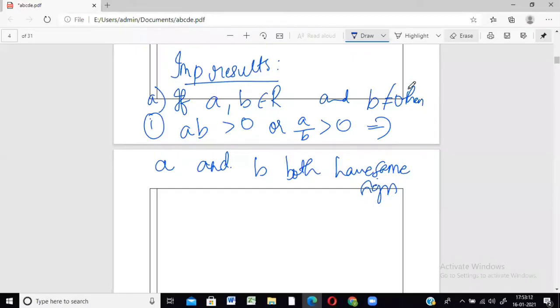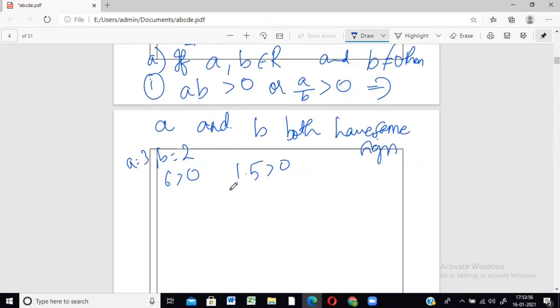Now, what does this mean? I'll just take an example and I'll make you understand. Okay, suppose A and B are two real numbers. Suppose I'll take A is 3 and B is 2. What are they telling you? ये दोनों greater than 0 है, और if you have this thing is greater than 0, मतलब A and B will always have the same sign. मतलब दोनों positive हो सकते हैं या दोनों negative हो सकते हैं. For example, if I write 3 into 2, right, A into B, that is always greater than 0, or 3 by 2, that's 1.5, which is always greater than 0. So if I have these two numbers, product of those two numbers, or if you divide the two numbers, if that is positive, then the sign of the numbers will always be same.